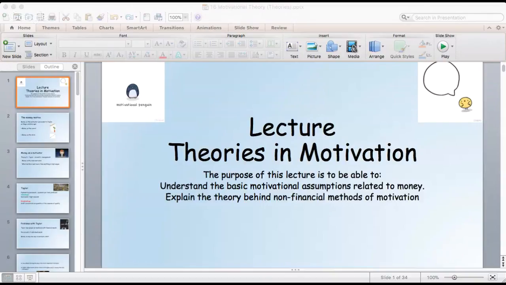From the studies, Mayo concluded workers were motivated by personal satisfaction and better communication and involvement in decision making, which leads to high commitment and productivity. We're going to go into a bit more detail about what that exactly involves, but just to begin with, that's about taking pride in your job, knowing that you've done a good job, caring about the place that you work, and caring about the job that you do.